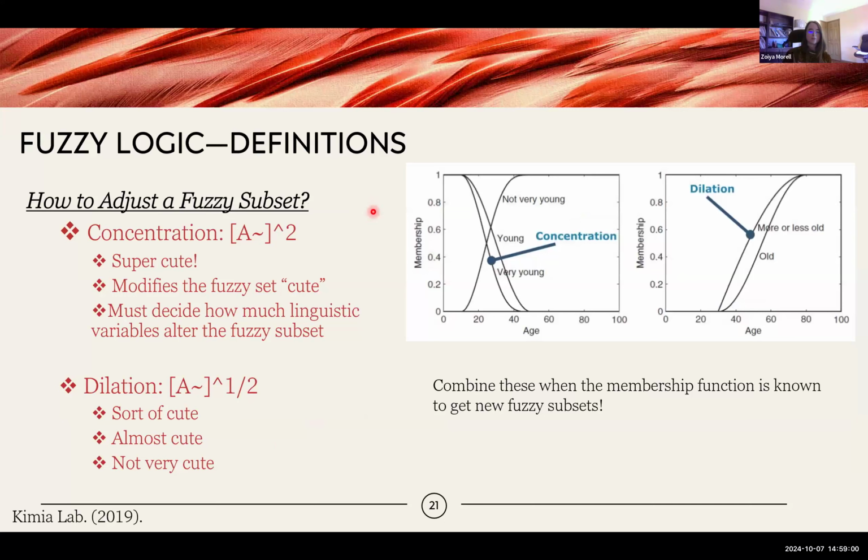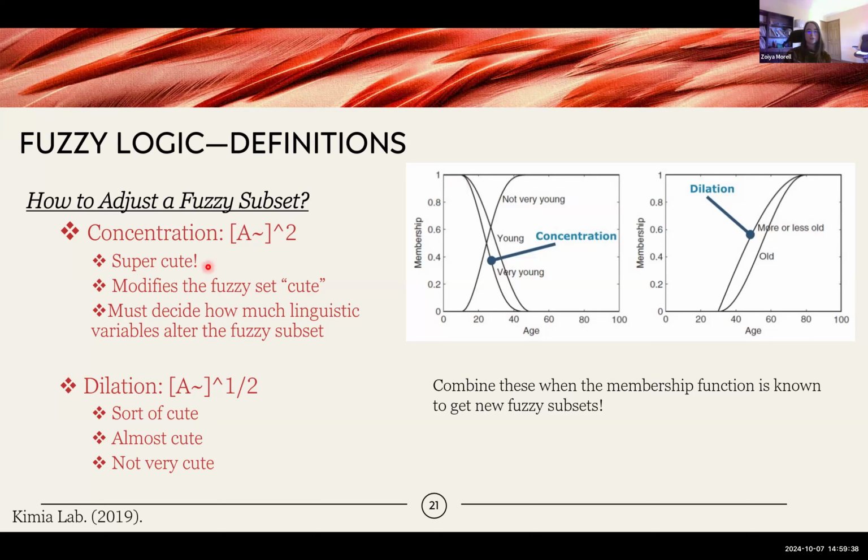And then the nice part about fuzzy logic is you don't have to be stuck with the variables you have. You can change them. So say you have young as your fuzzy subset and you want very young, then you can apply different things to it to change the shape of that graph and get it to fit within that subset still. So there's a couple ways to do this. The first is concentration. So in this case, we're taking our fuzzy subset and just squaring it. And what that does is that squishes the graph down so that it's a smaller subset of that original graph, if that makes sense. So we're concentrating it.